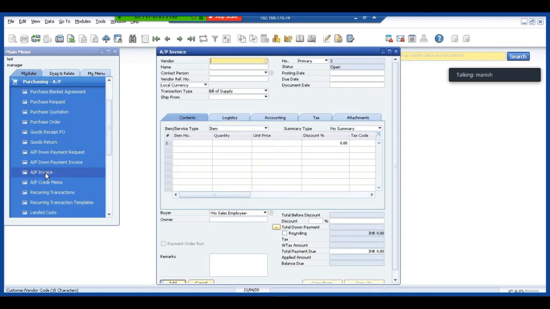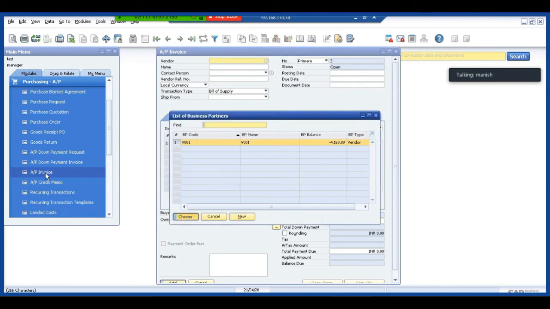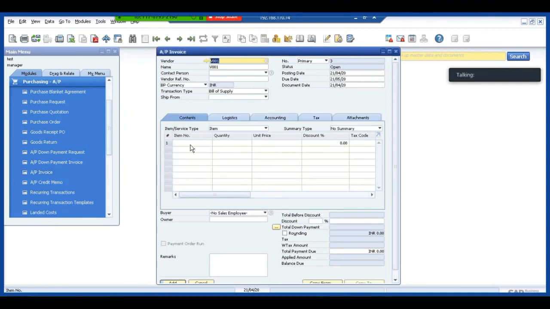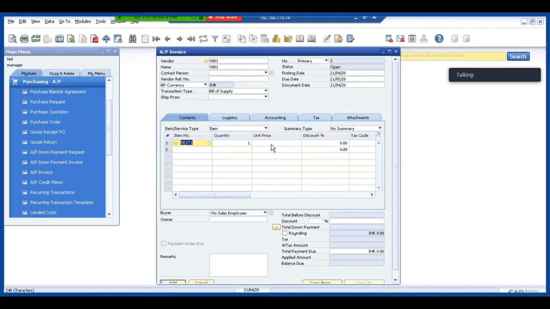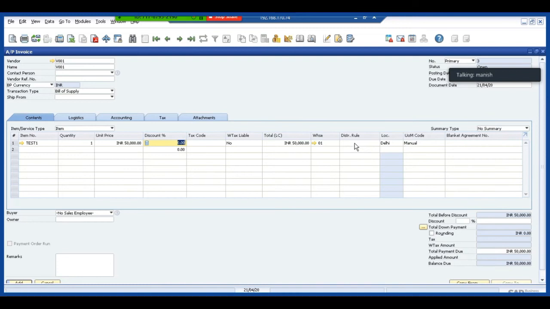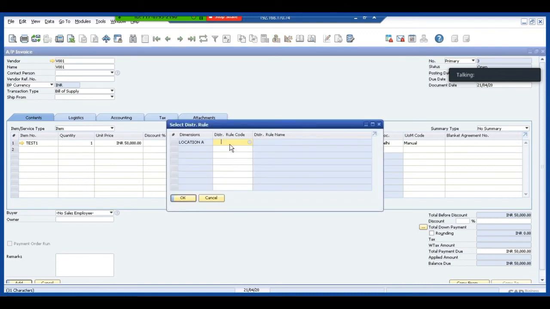Say for example, I'm making up an invoice. I'm putting it as 4,000, 550,000. Out here, there is a distribution rule. Now this distribution rule is my cost center. If I click on this particular thing, I'll see my location out here.